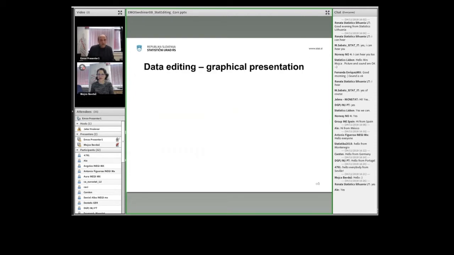Perhaps just one graphical presentation. I will make a very simplified presentation of how survey implementation looks. This is perhaps too simplified, but it's illustrative. We usually begin with a set of observational units. We will not deal with whether it is a random sample, a census, or a cutoff sample. We have a set of observational units.